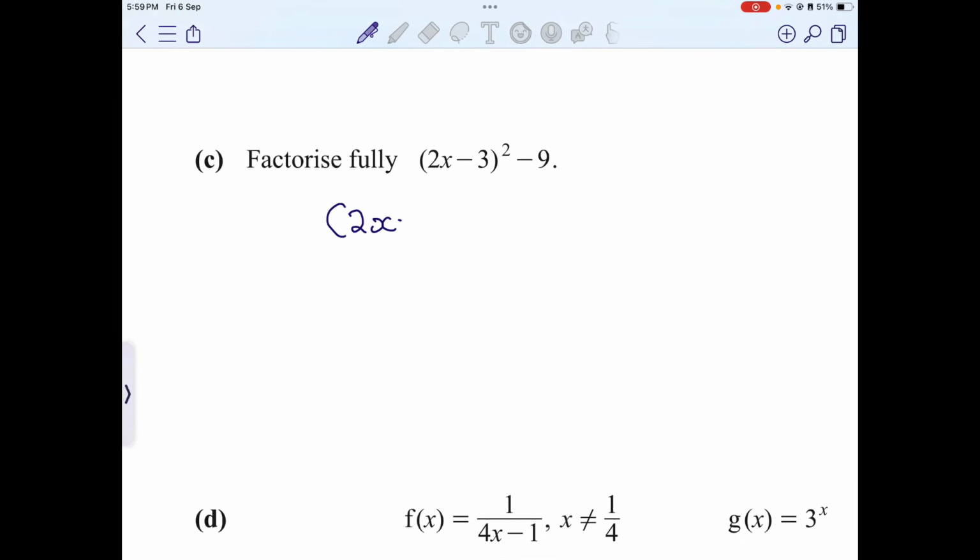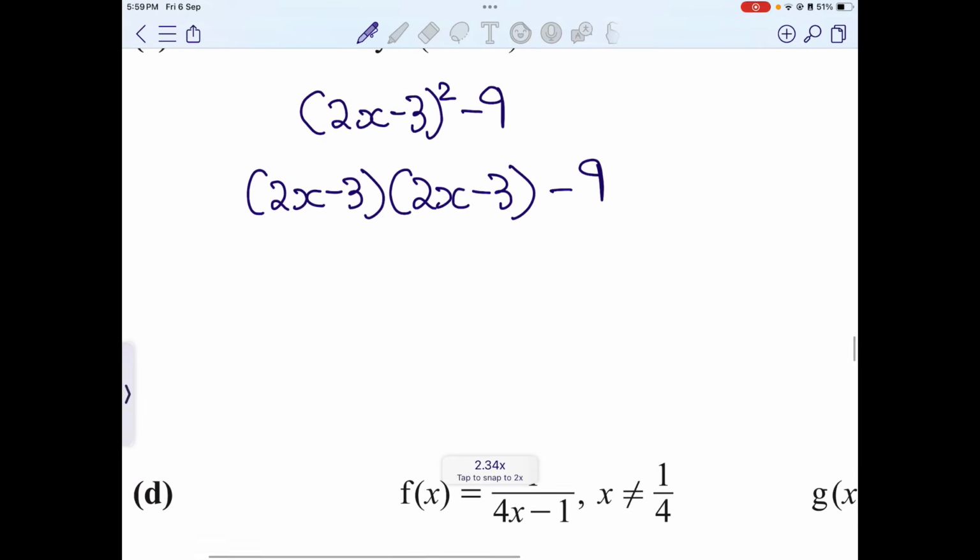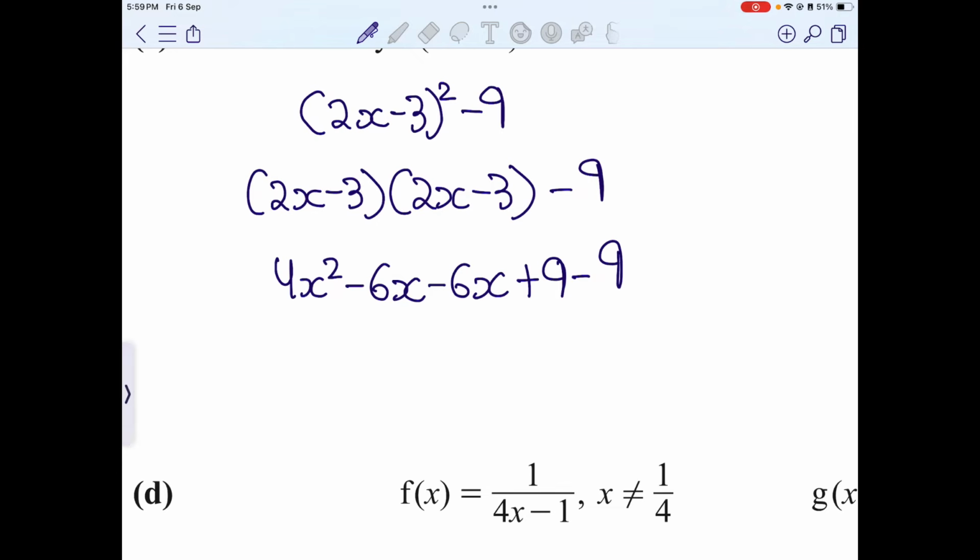Next question, factorize fully 2x minus 3 squared minus 9. Now when you do this, you would first of all need to expand it. That is 2x minus 3 times 2x minus 3, because we're squaring it, and then subtract 9. Now what is 2x into 2x? That's 4x squared. What is 2x into negative 3? That's negative 6x. 2x into negative 3, negative 6x. And 3 into 3 is 9. Negative, negative, positive, minus 9. So that gives you basically 4x squared